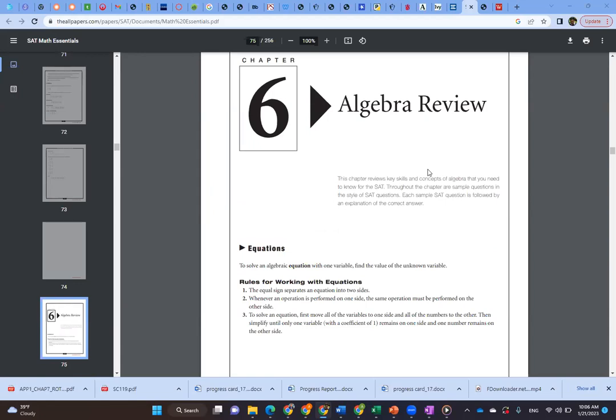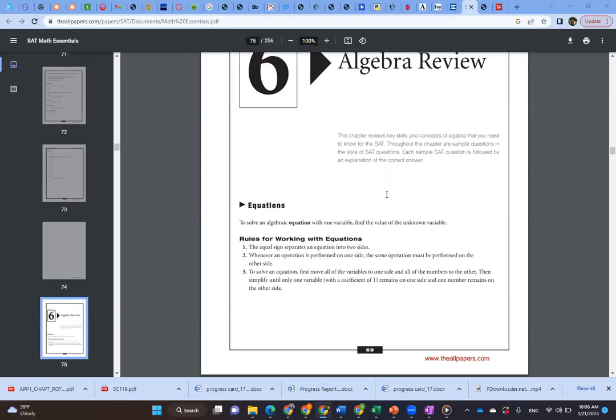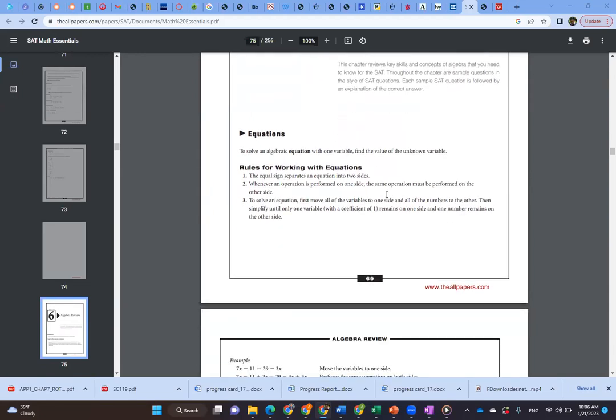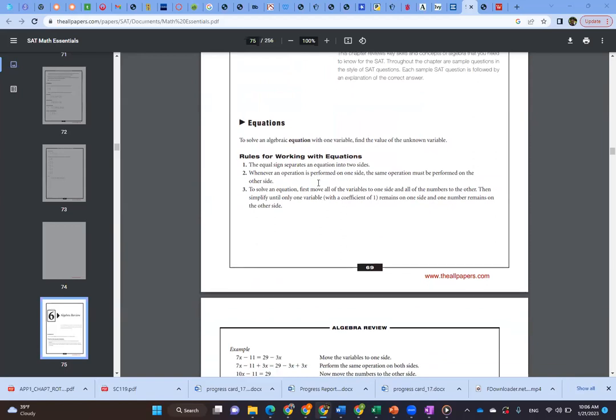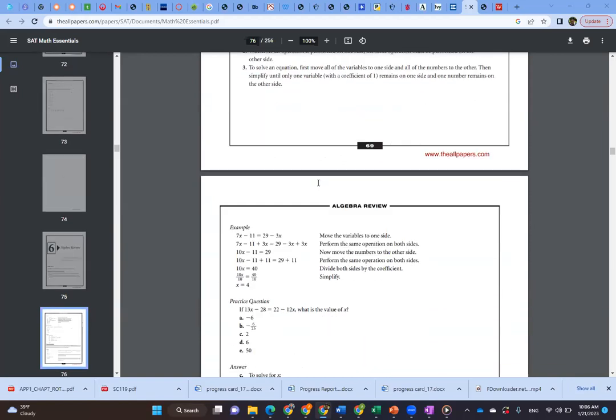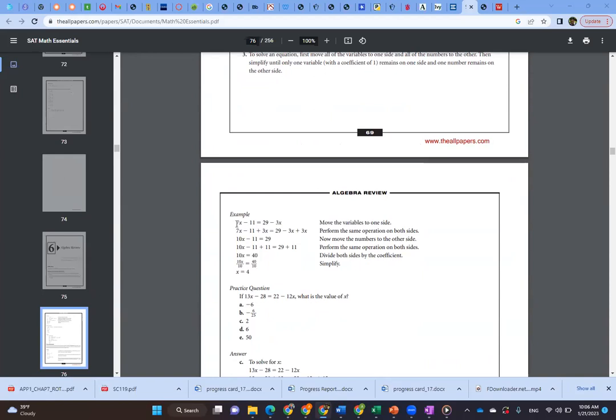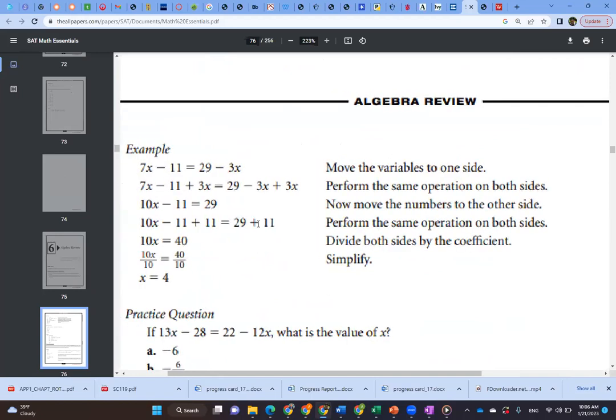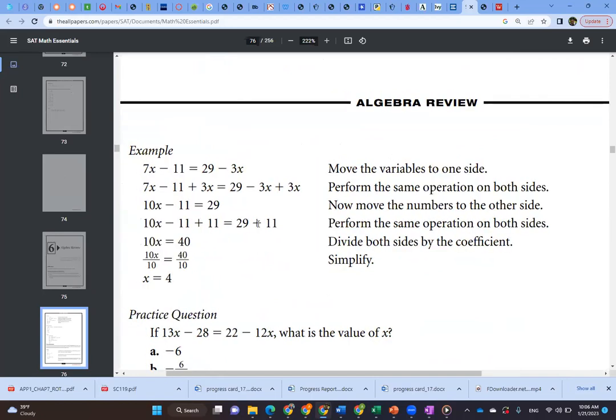Okay, so for the algebra review of equations, we're gonna do a review on the rules for working with equations. So for example, if we have an equation like 7x minus 11 equals 29 minus 3x. If you see an equation like this in the SAT exam and you need to find the variable x,